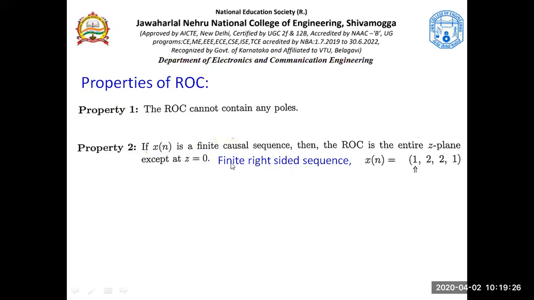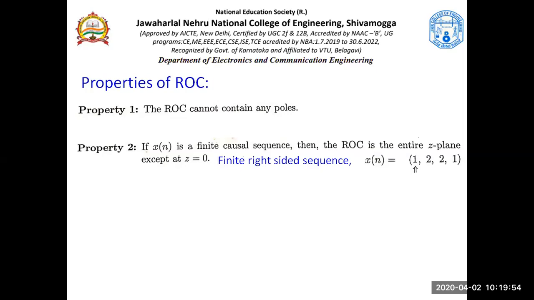If you don't understand this, you need to go and visit the material that I have posted in Google Classroom. It's very clearly dealt with over there, and too much time has been spent on that. So you should not have any doubts regarding why it is being said so. It's very clearly done as an exercise, and the same material is also being posted in your Google Classroom.